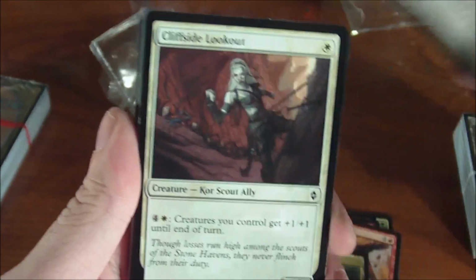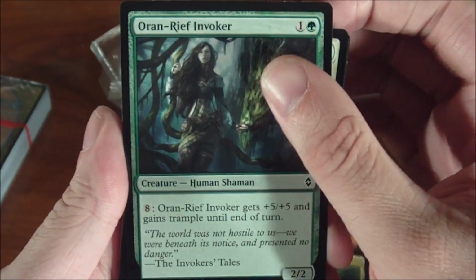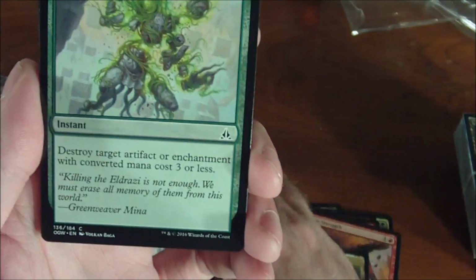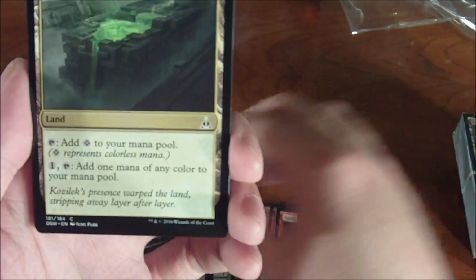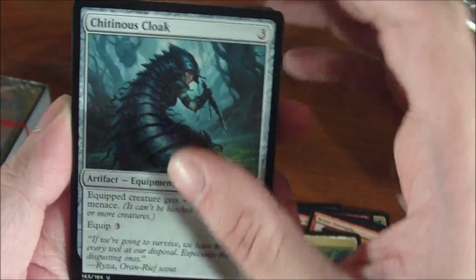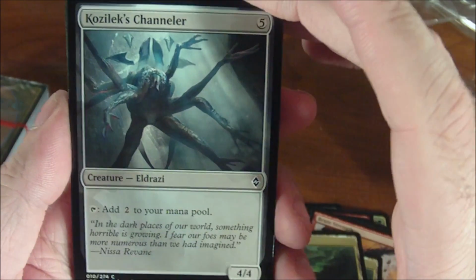Blighted Woodland, Cliffside Lookout, Tandem Tactics, Oran Reef Invoker, Expedition Raptor, Natural State, Netcaster Spider, another Unknown Shores, Emulating Glare, I think that's Oath of the Gatewatch, I believe, Chitinous Cloak, Strider Harness, Open the Armory, ooh, an Eldrazi card, Kozilek's Channeler,